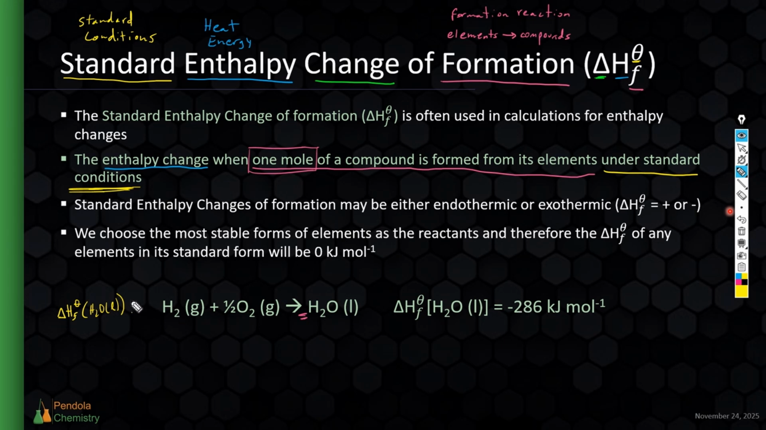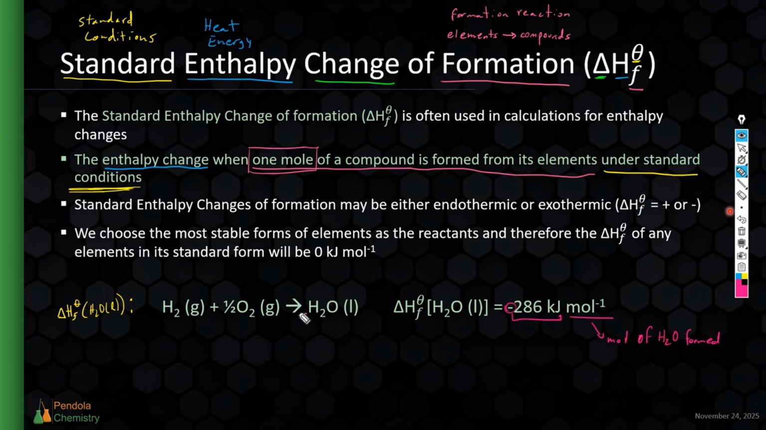But this is the standard enthalpy change of formation of liquid water. So what does that number tell us? If the standard enthalpy change of formation of liquid water is negative 286 kilojoules per mole, that means per mole of water, in this case, formed, or per mole of compound formed, 286 kilojoules means that release, because negative, 286 kilojoules